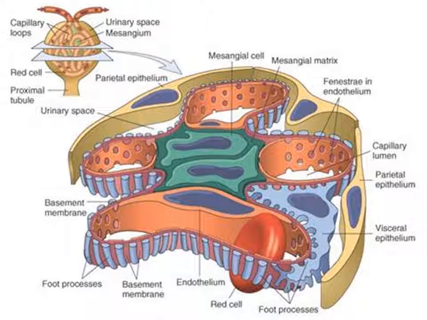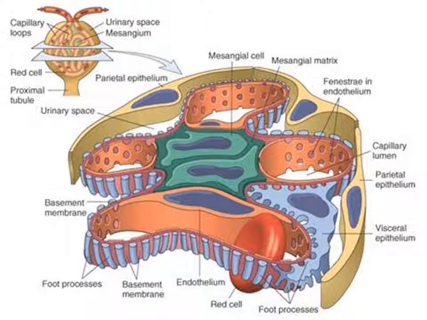These capillaries are lined by endothelial cells. These endothelial cells are specialized ones which have fenestrations on their surface. So through these fenestrations, the fluid and components in the blood which is flowing through these capillaries can pass through. So first is the fenestration in the endothelium. Then comes the glomerular basement membrane. This glomerular basement membrane is a collagenous basement membrane, which is the second thing a fluid or substance passes through.